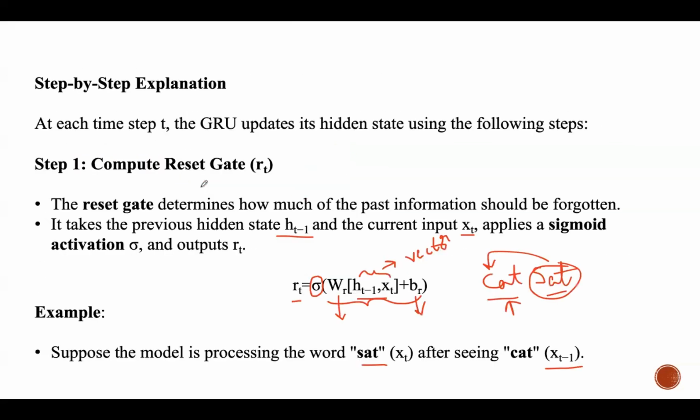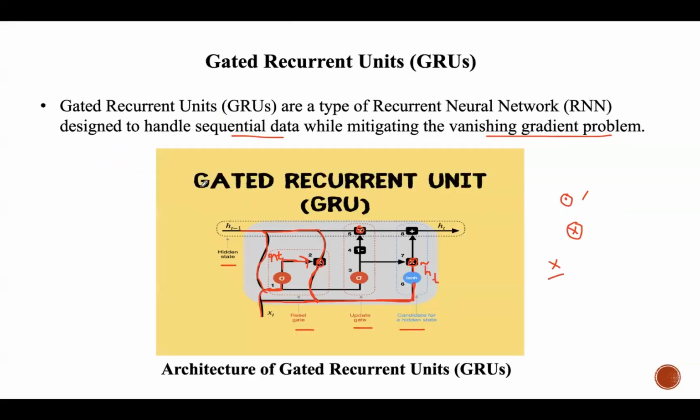Moving to the diagram, let us see the update gate part here. So this is a concatenated portion of xt and ht minus 1. We are taking that, then applying the sigmoid activation function, from which we are getting zt. We are using this value in the next state computation, so we'll see that part also.